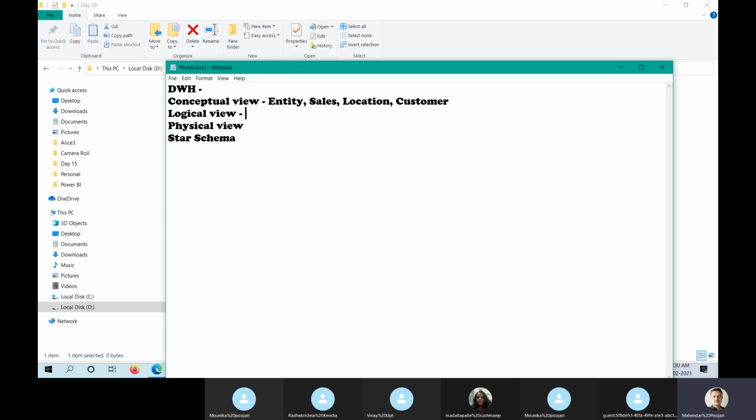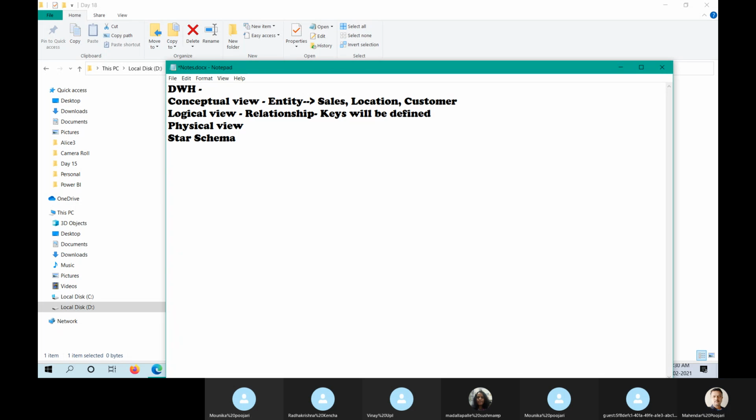But in the logical view you will understand the difference between these entities, like sales. Now in the logical view you will understand the relationships between sales, location, and customer, how they are connected, and based on what keys. The keys will be defined.